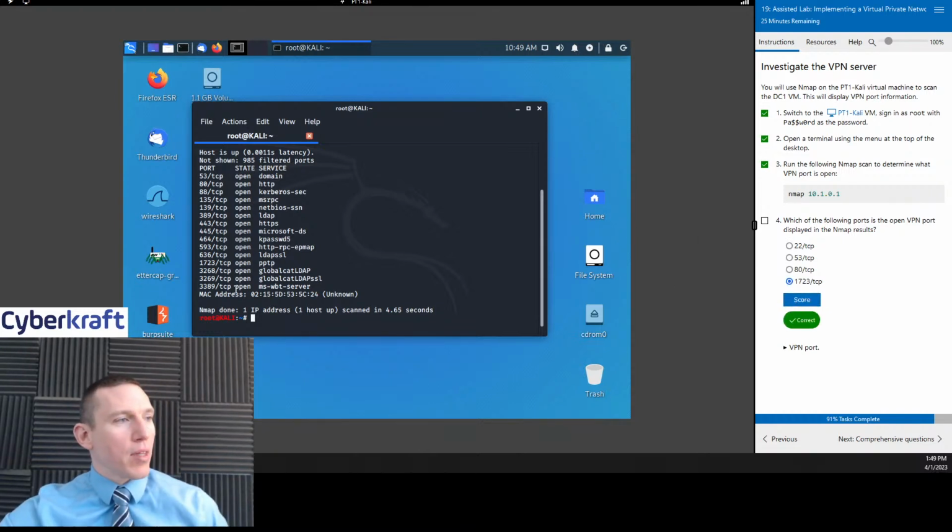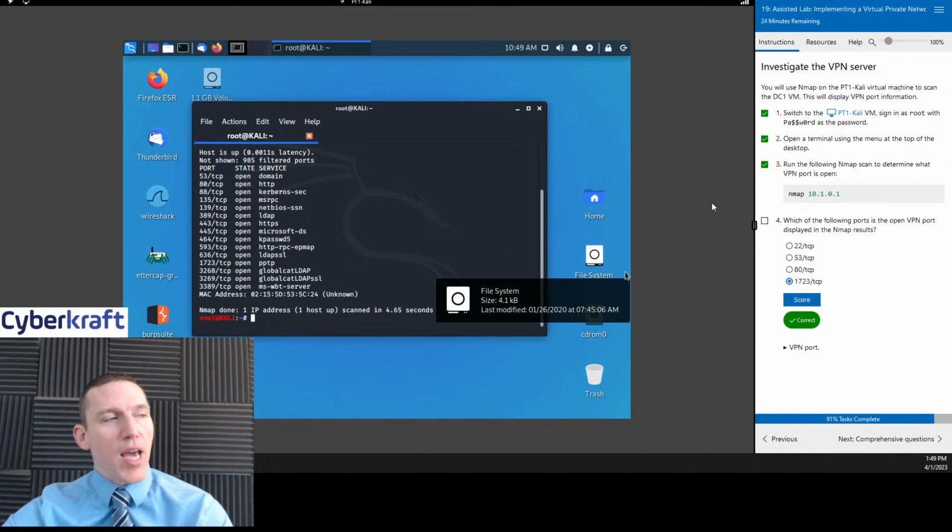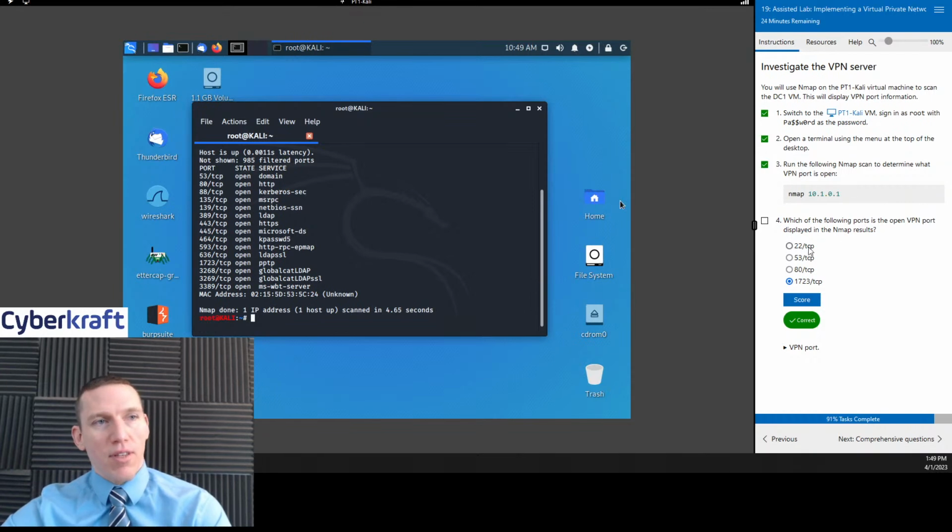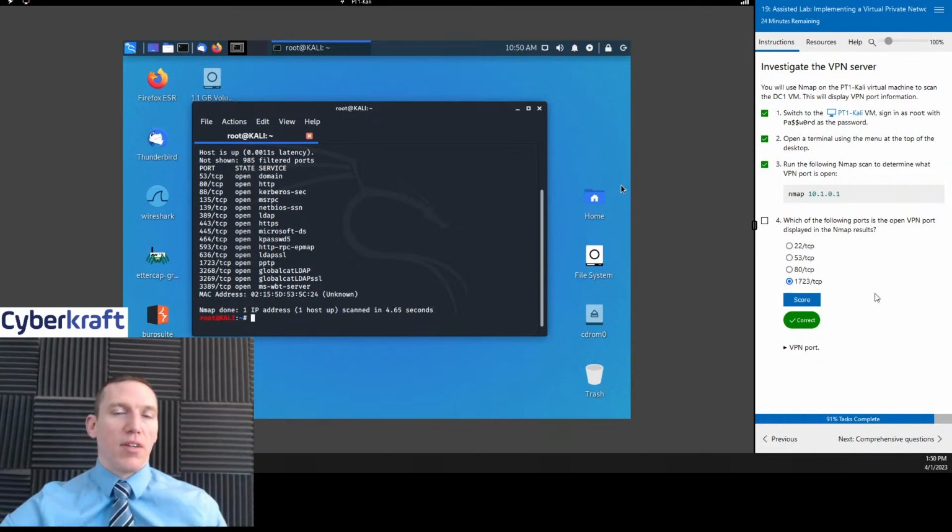Okay, great. Right here, 1723, OpenVPN. Now, some of these won't make sense. If you look, we don't even have 22 on there. 53, we know that's DNS. 80 is HTTP. So this is the only one that makes sense here. The questions on the exam are going to be a little harder than this one, but you do need to